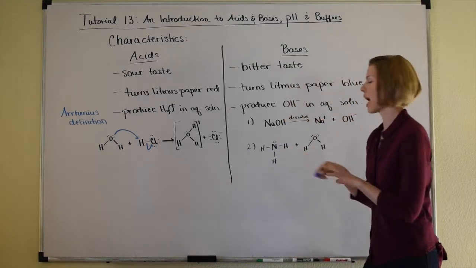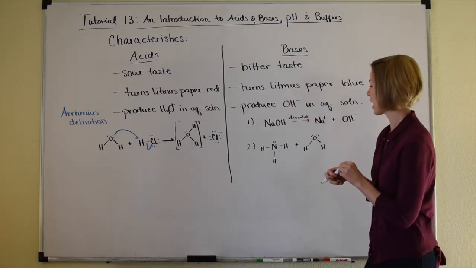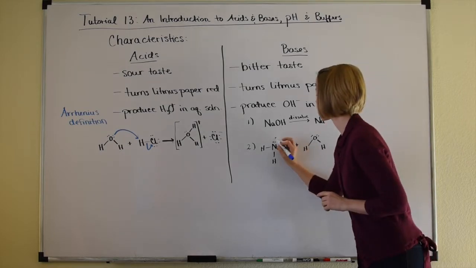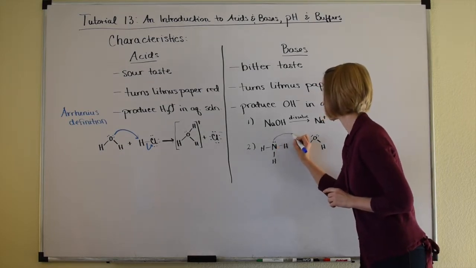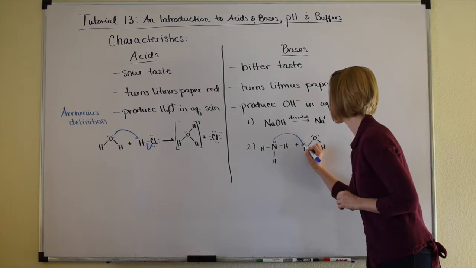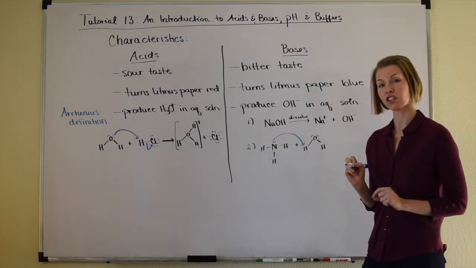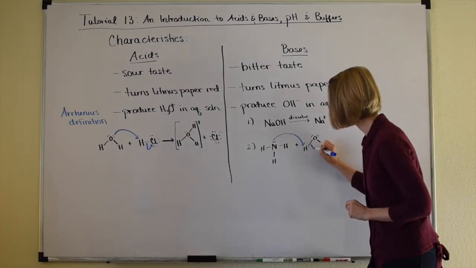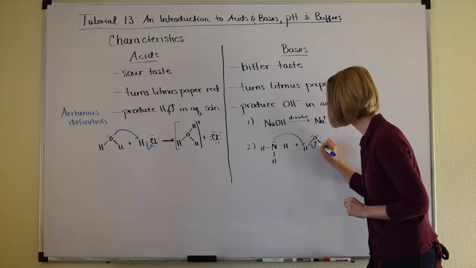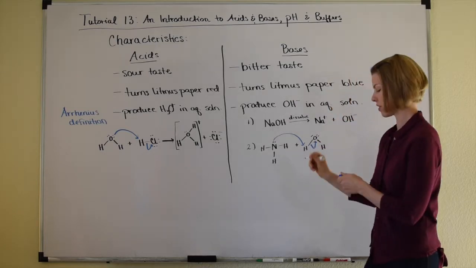Okay, so we have a lone pair of electrons on that nitrogen. Those lone pair electrons are going to be lent to the formation of a new bond with that acidic hydrogen, leaving behind the electrons in this bond on the oxygen,